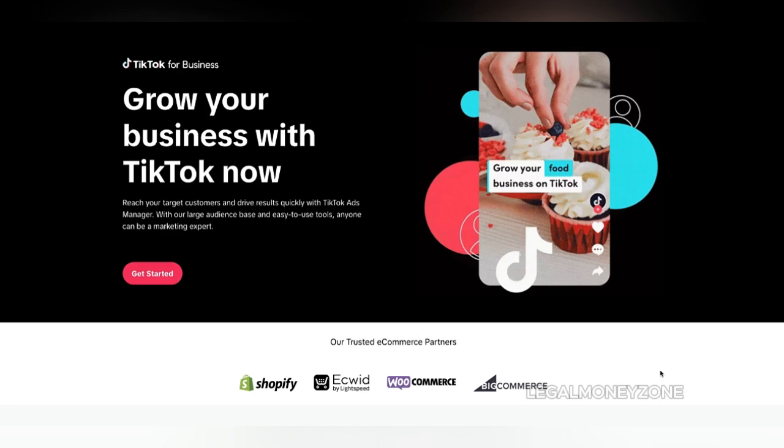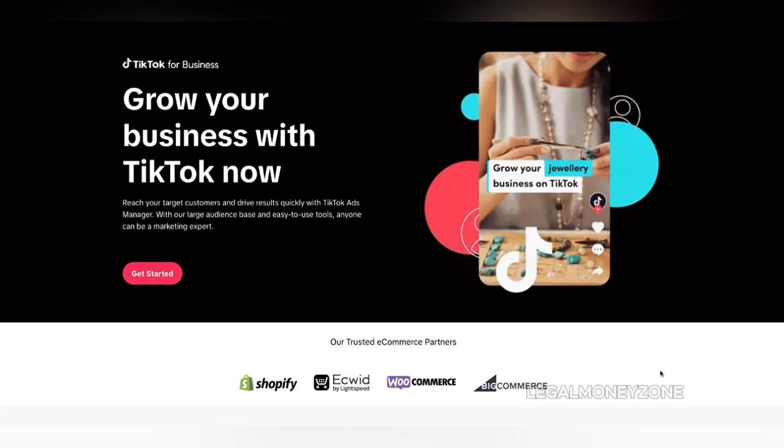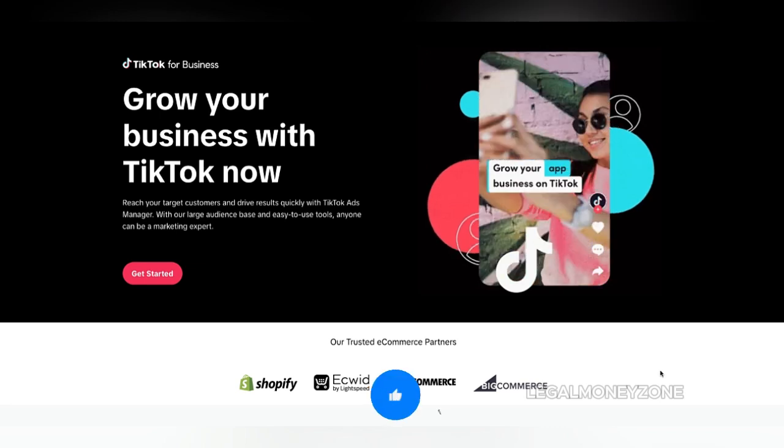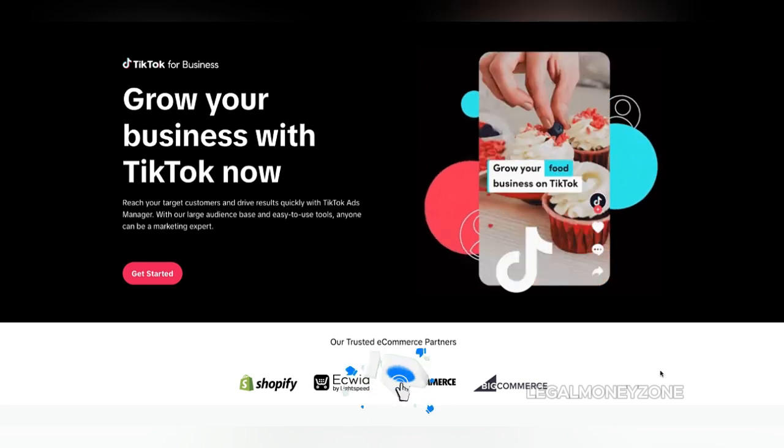Another lucrative approach is to utilize TikTok ads for affiliate marketing. By partnering with relevant brands or businesses, you can promote their products or services in exchange for a commission on each sale. This strategy allows you to monetize your TikTok presence without the need to create or sell your own products. To maximize your earnings, choose affiliate programs that offer competitive commission rates and products that align with your target